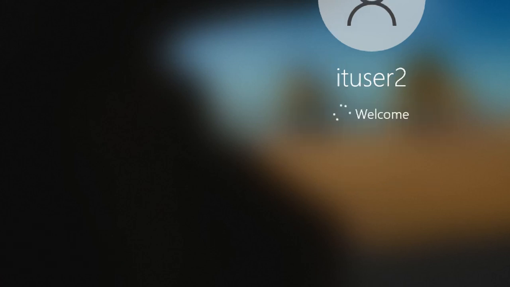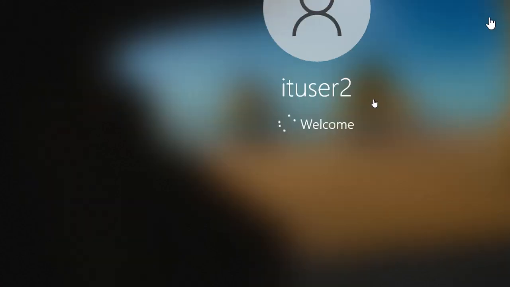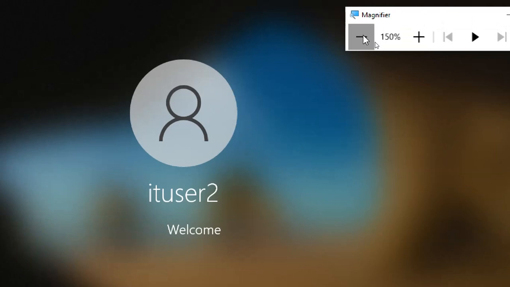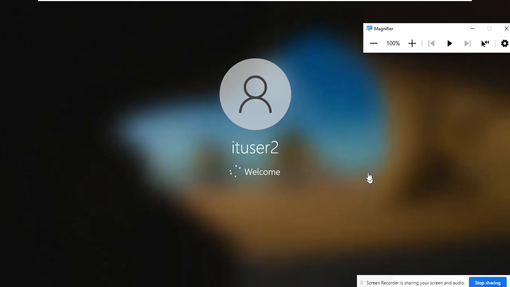This is the first time login for IT user 2. So automatically the first time you log in, the profile data creation will start. For fresh users, on first login, it automatically verifies with the server, the domain controller.